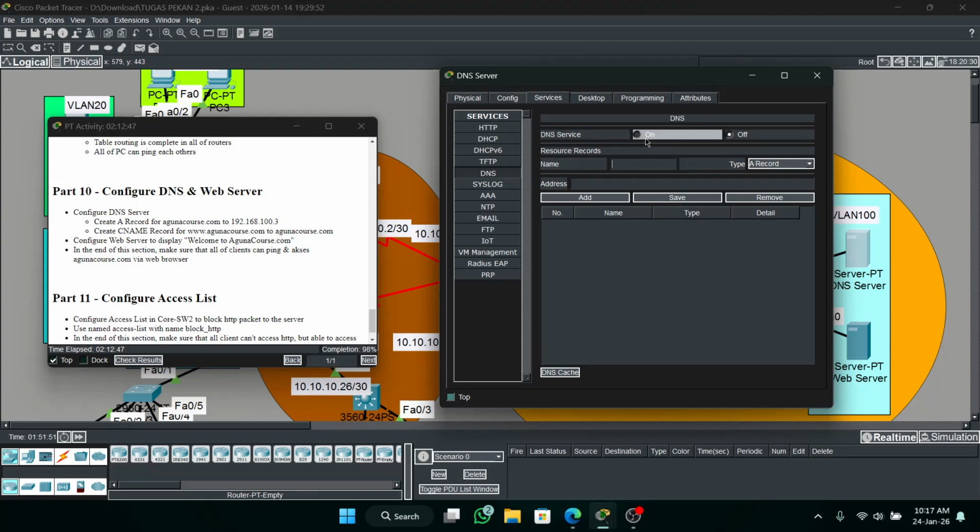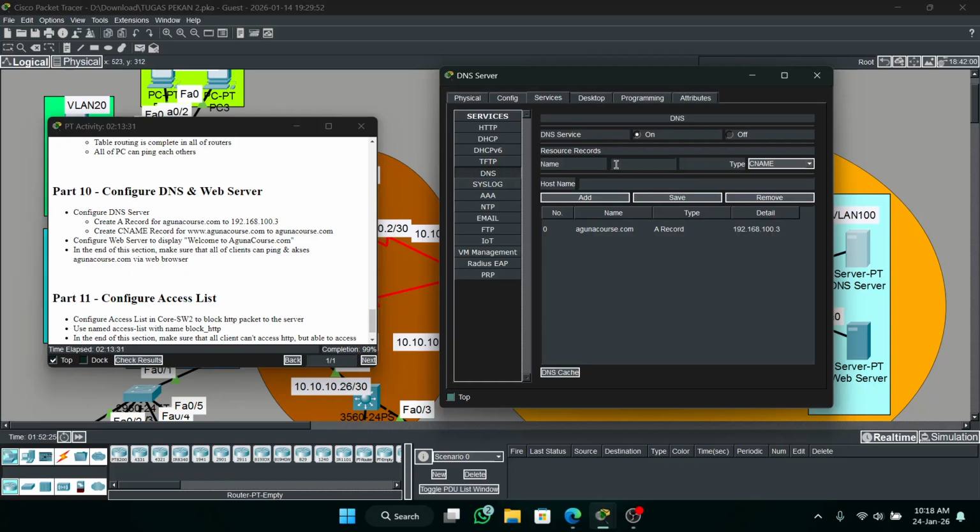So in DNS server, make sure it is on, and for name you can type Aguna course.com, and type A record, an address, is the IP address. Okay, type the IP address, then click add.